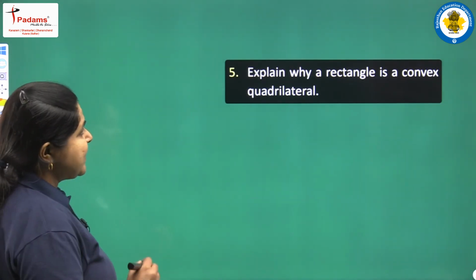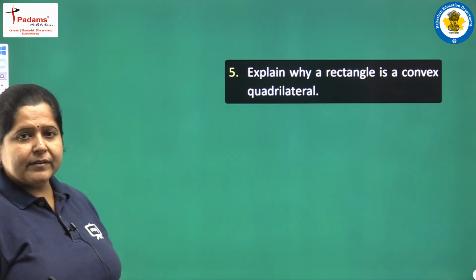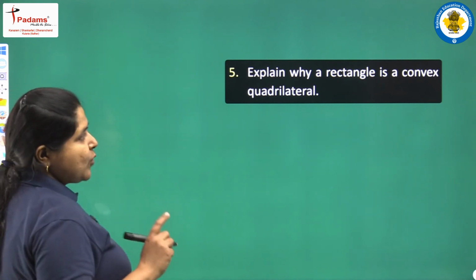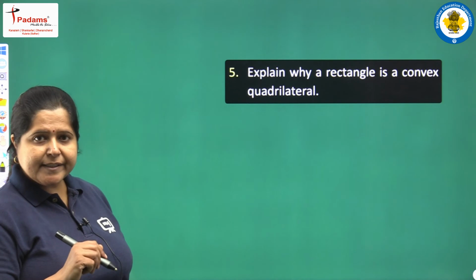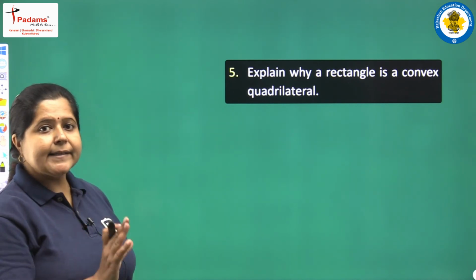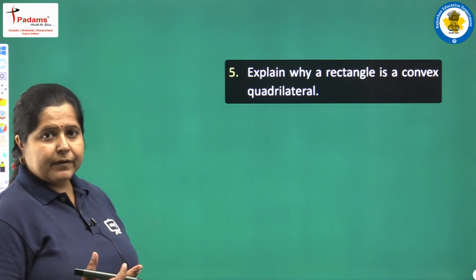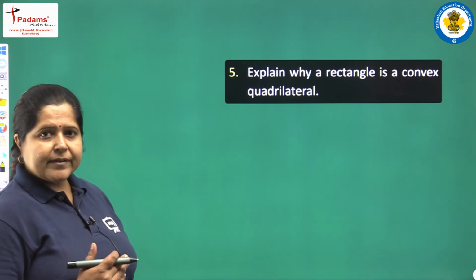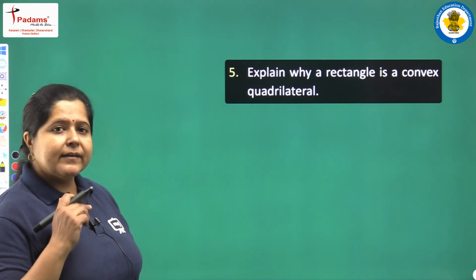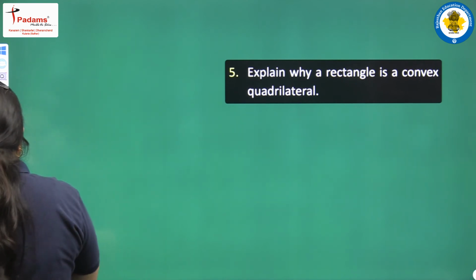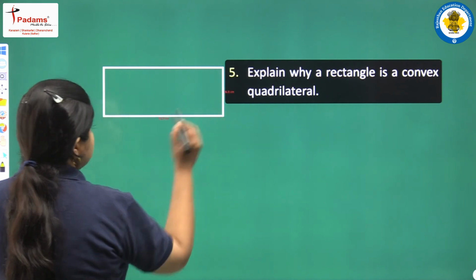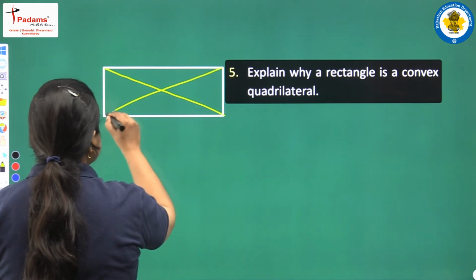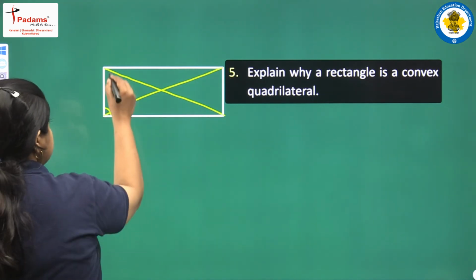Next we have: explain why a rectangle is a convex quadrilateral. Let me first compare the two types of quadrilaterals. Just recall that in a convex quadrilateral each angle measures less than 180 degrees and the diagonals lie inside the quadrilateral, whereas in a concave quadrilateral one or some diagonals lie outside the quadrilateral and there is one angle whose measure is greater than 180 degrees. Let me draw one rectangle. Here you can see that the diagonals are lying inside the rectangle and each angle measures 90 degrees, which is